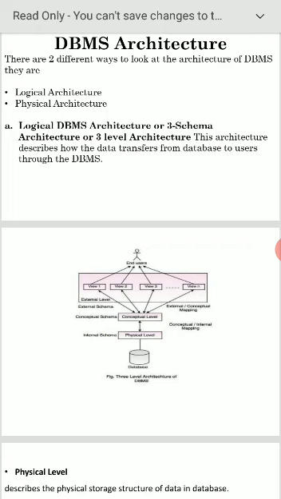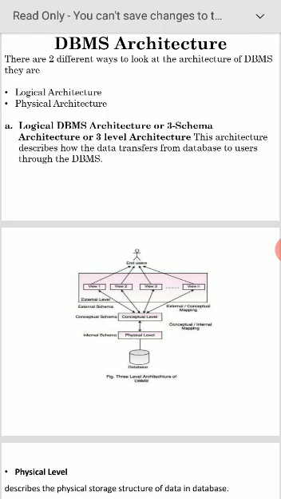There are three levels here. First one, view 1 to view n is there, no? That is called view or external high level. Next conceptual level is there. Next physical level is there, then database. You see, the view level interacts with the user.